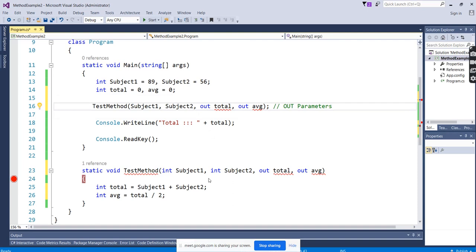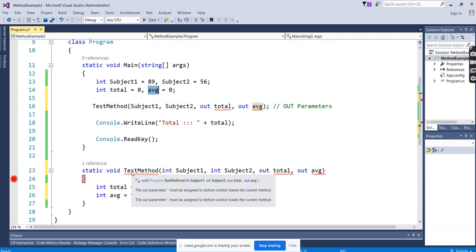Okay, let me check why it's giving an error. Variable names are same, average is same. Okay, subject 1, subject 2 we are passing here. This is correct. Am I making anything wrong? Out parameter must be assigned before control leaves it, saying okay.